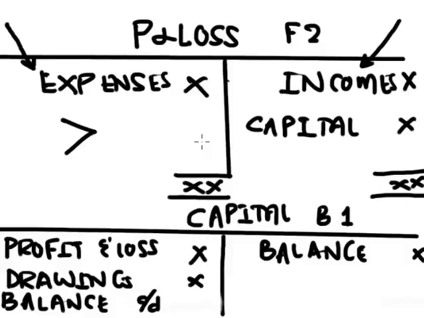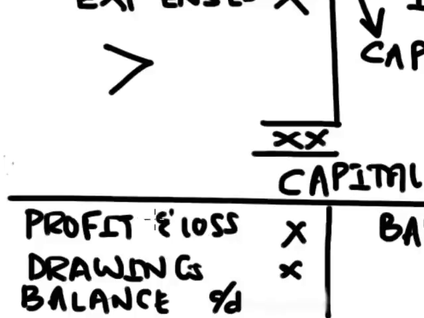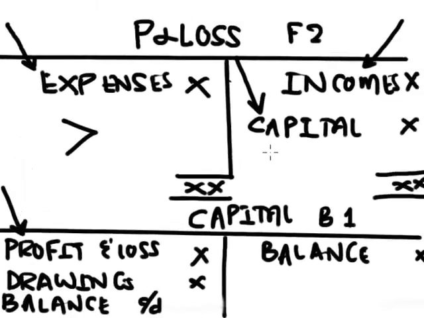Therefore, in order for this account to close off, I need to credit my profit and loss account. There's my entry. I'm crediting profit and loss, and I am debiting my capital account. Notice that this is the contra entry. I'm transferring, there's my entry, a debit in my capital account and a credit in the profit and loss account. Now, that results in my profit and loss account now closing, but let us now look at the impact on